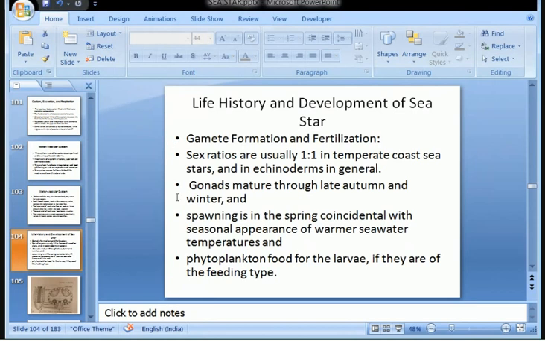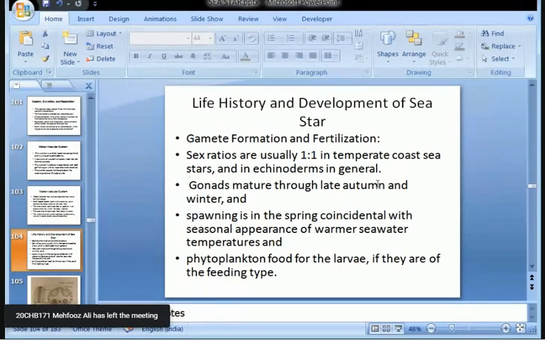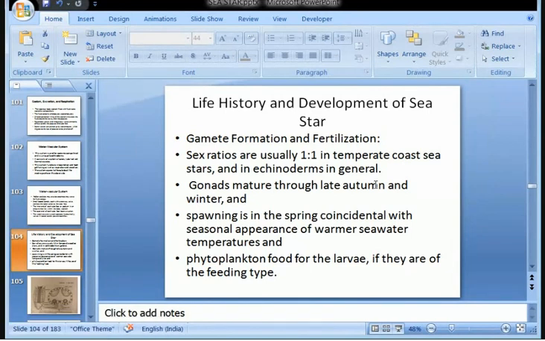So we know that most of these sea stars have one sex in one organism. They are not hermaphrodite, so they are unisexual, and they don't usually have both sets of gonads in a single one. But in some, both gonads, male and female structures, are present in a single organism. While some sea stars or some echinoderms start as one sex and then transform into the other sex during the course of development.